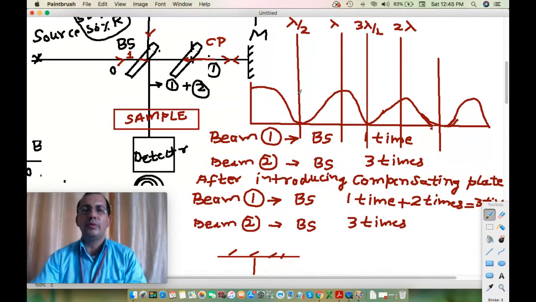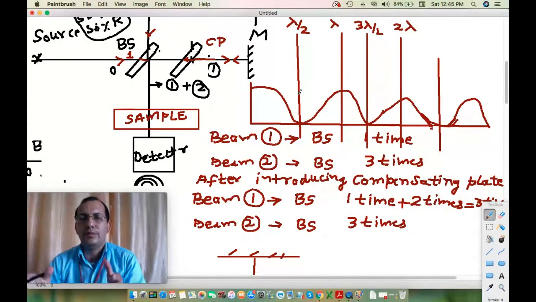So what you are trying to do, you are translating this movable mirror, making translations of lambda by 2, lambda, and 3 lambda by 2. For example, if you are moving it by lambda by 2, in that case